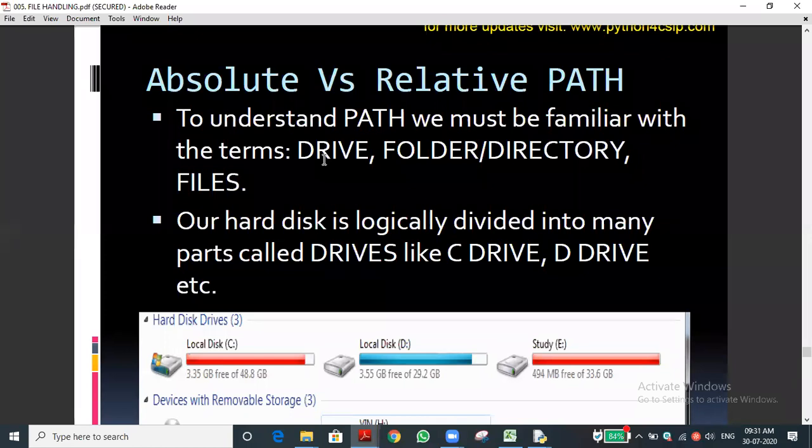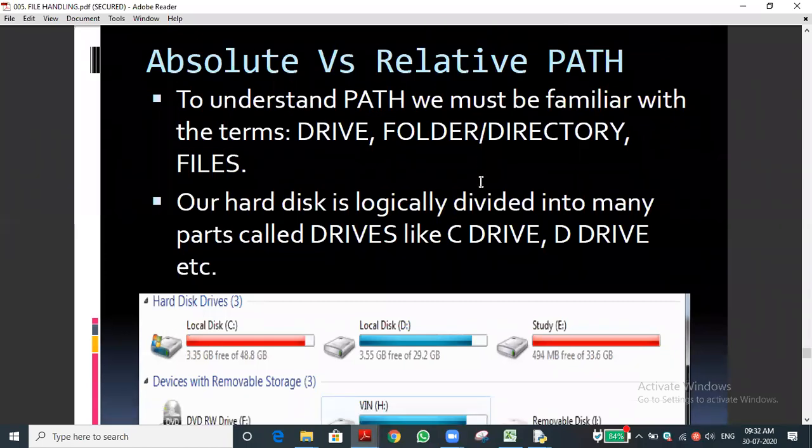And next, another concept will come: the basic concept of absolute and relative path. Path means the location of the file. Suppose you stored it in a different location, you should know it. For example, when you start doing your project, this concept will help you access the file from a particular location. One of your group members may have done one module and brought it in a pen drive. You inserted the pen drive in your computer. How to access the file, you want to know that. That is called absolute and relative path.